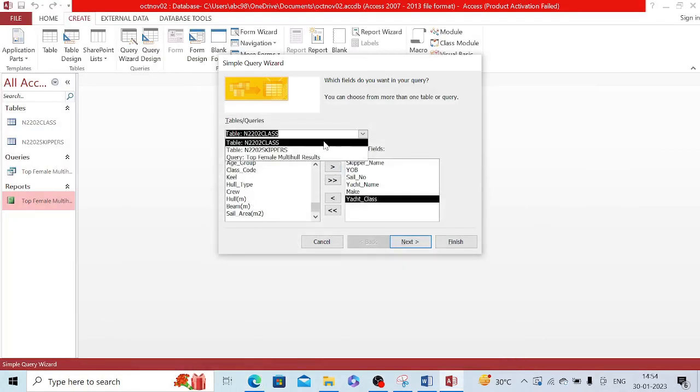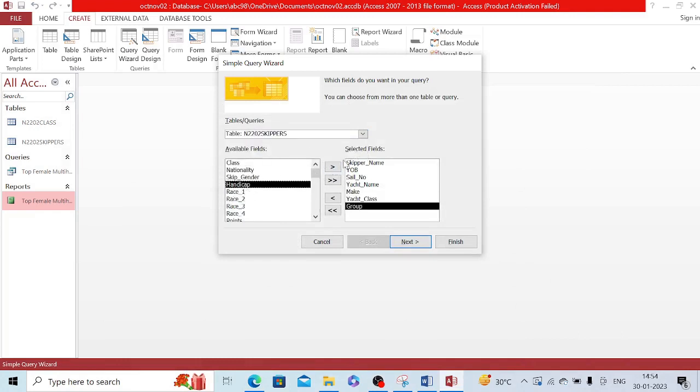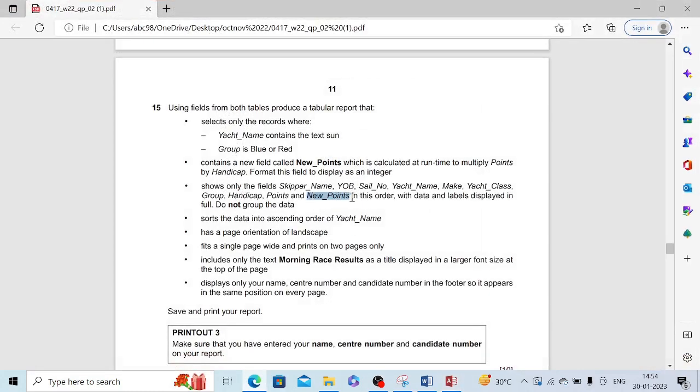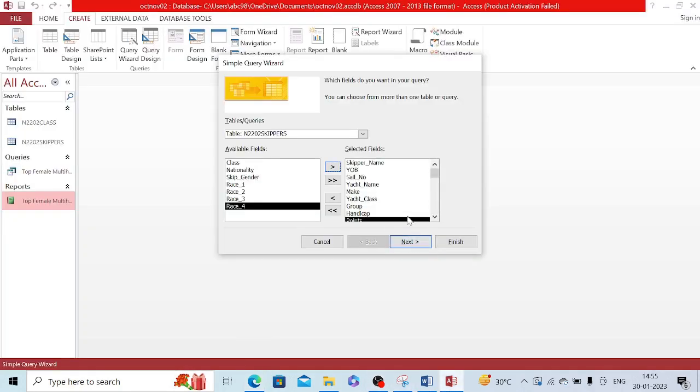So group handicap and points. So almost all fields we have taken. This last field, which is new points, this field we have to create at runtime. Okay, we'll see how to create that. Before that, we have taken all the fields. Now click on next,